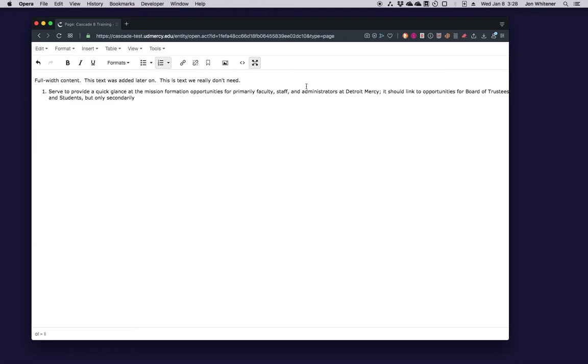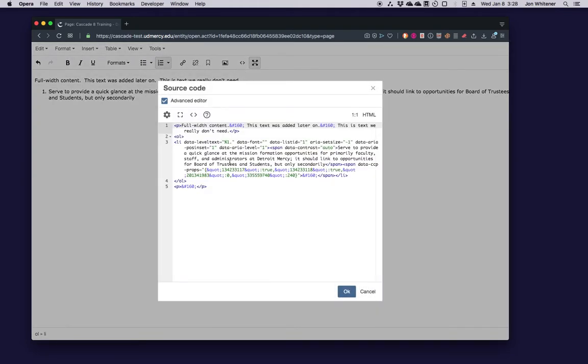and it looks fine. Problem is, if I actually look at all of the code that was pasted in along with this displayed text, which I can see by clicking the source code button, you'll see that there's all kinds of nasty, unneeded code that can actually really mess things up down the road.